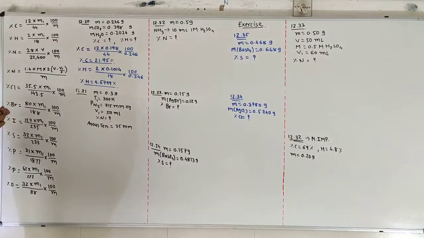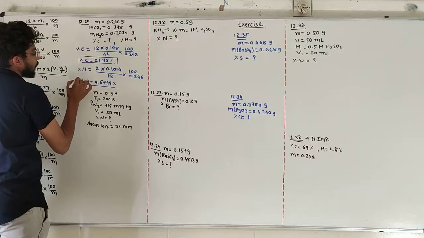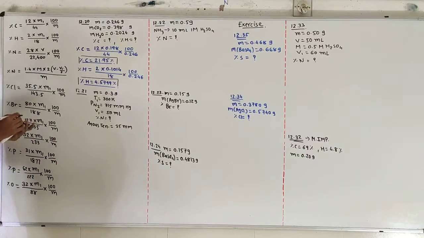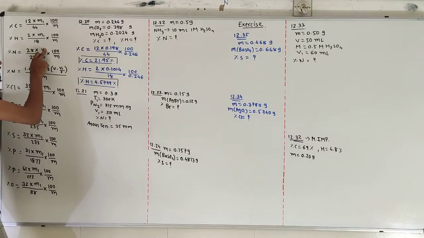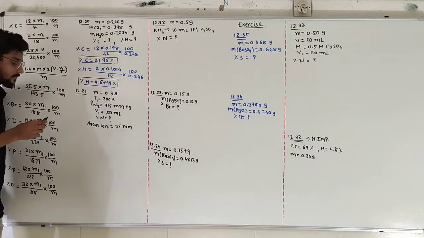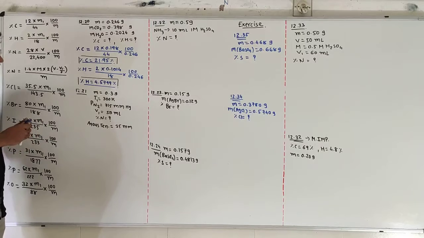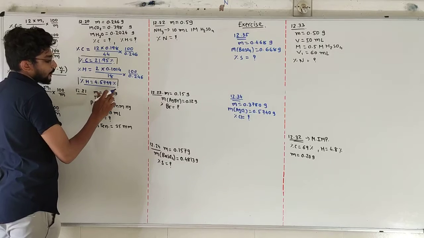So that was example number 20. It is quite simple. We simply have to add the values into the formula and we will get our answers. After that, our second example, or you can say example 21 from the textbook, follows the Dumas method. In the Dumas method, first we have to calculate the volume at standard temperature and pressure, at STP. In this sum, some information has been given. The first piece of information is that the weight of the organic compound is 0.3 gram.